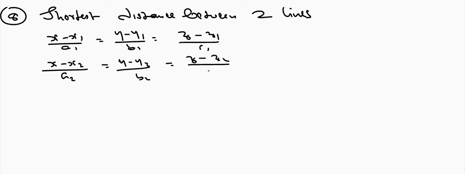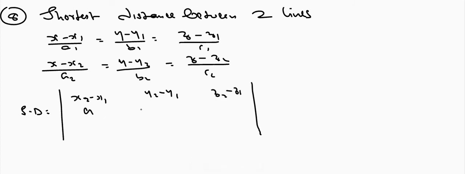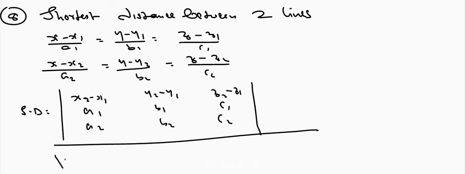SD is equal to the modulus of the determinant with first row x2 minus x1, y2 minus y1, z2 minus z1, second row a1, b1, c1, and third row a2, b2, c2. First we have to find this determinant, the whole divided by root of